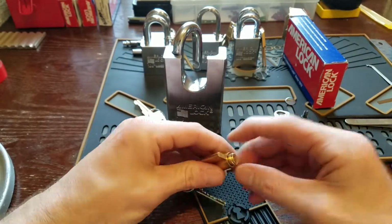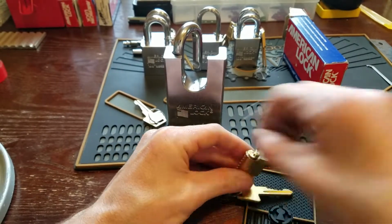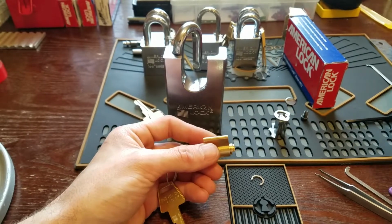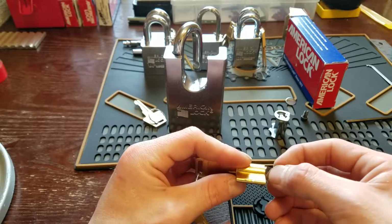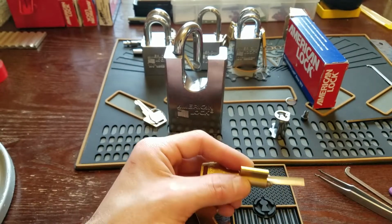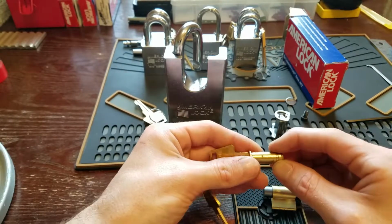Alright, let's get this clip off the back. Clip off, and for some reason, I remember last time I took this thing apart, I had to use a shim, which was different. I haven't had that problem this time. I just think it's something about the back of it. It doesn't want to just come out smooth. So